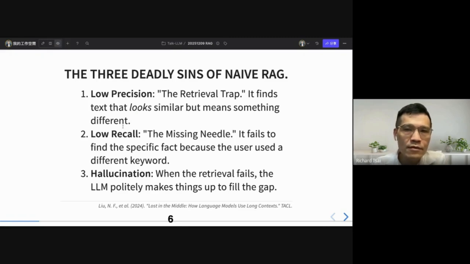The second deadly sign is low recall, also referred to as the missing needle. It fails to find the specific fact because the user used a different keyword. The third is hallucination. When the retrieval fails, the LLM politely makes things up to fill the gap. If you want to know more, you can read the reference here.